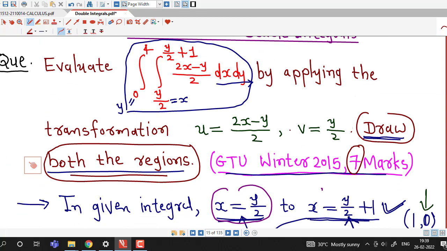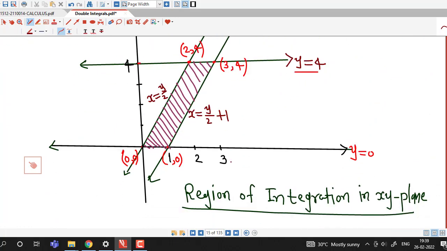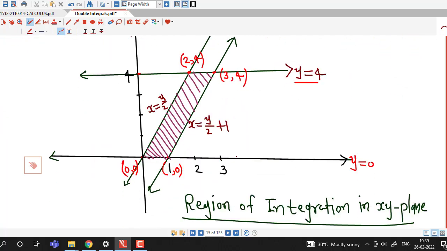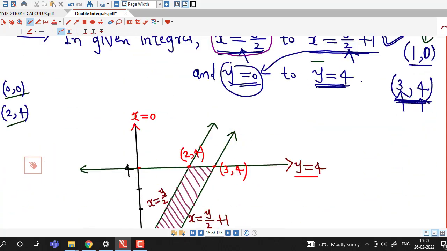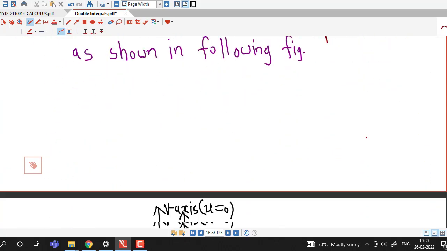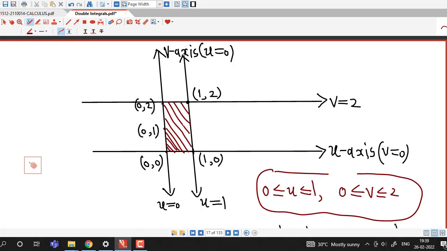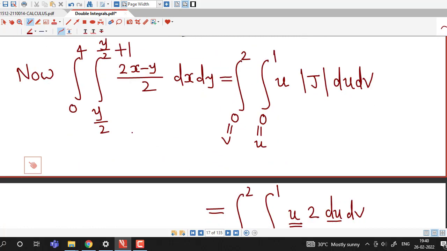So here you can see in this example, this is the region of integration in the xy plane, and applying the given transformation, we can see this region is converted into the rectangular region in the UV plane. So we are integrating over this rectangular region. We are not integrating in the region of integration in the xy plane. Instead of that, we are integrating over the region in the